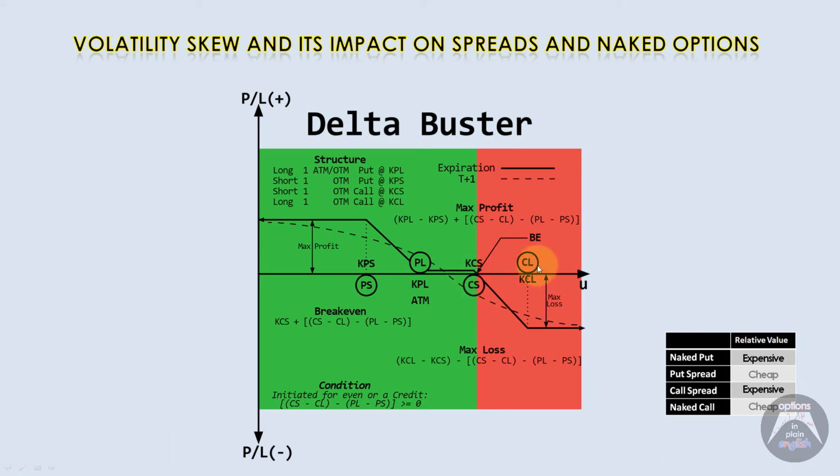Because this one's going to be more expensive, this is going to be at a strike price that's higher. And so what you end up with is a trade that you can put on for 0. I don't want to say a free trade because you're taking risk, but it's put on for no money. So basically, you buy the put, you sell the call spread, you gain this range here, where you still make money